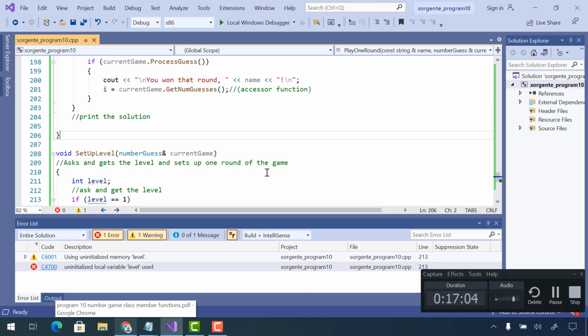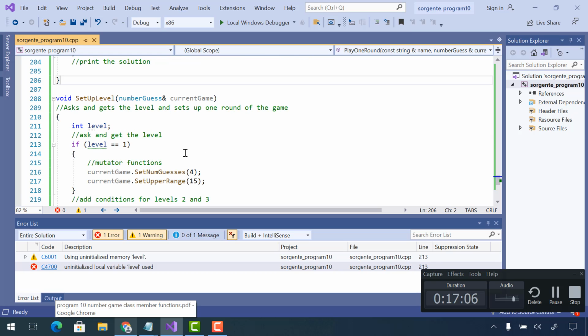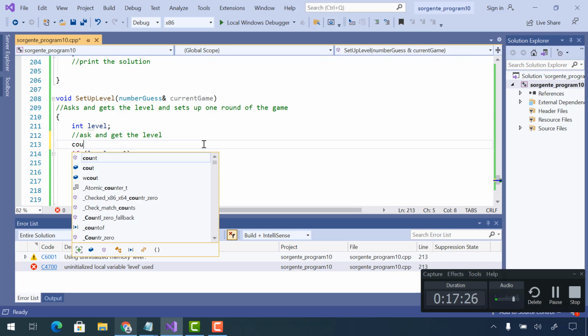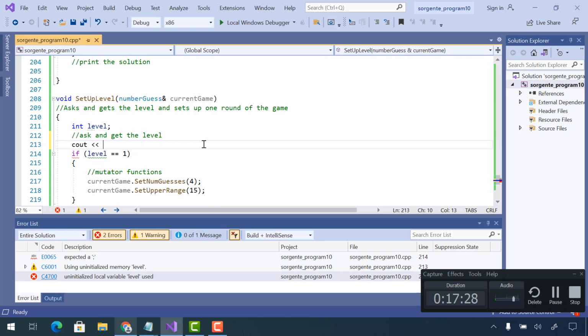So in my setup level function, I have declared a variable called level, and then I'm testing the level, right? So obviously if level has been declared and not assigned any value, I should not have a condition or an expression that tests that variable. So I'm going to now ask,